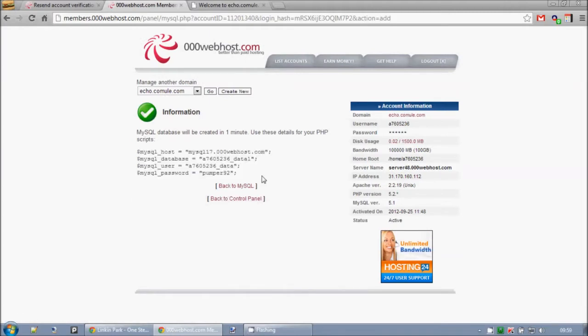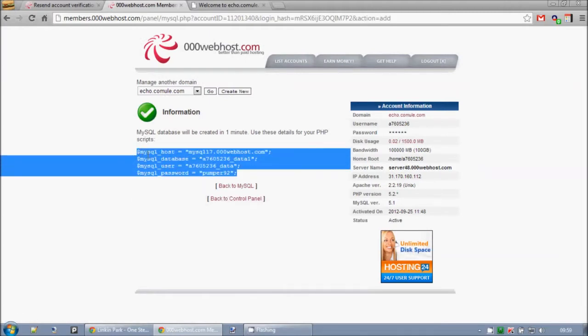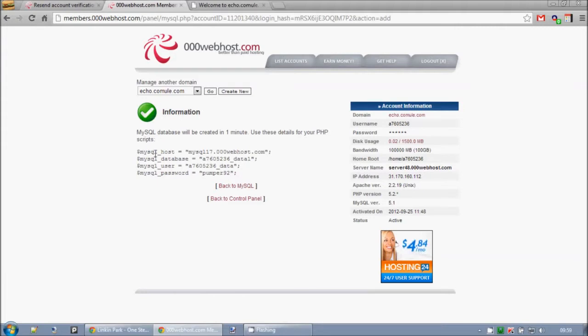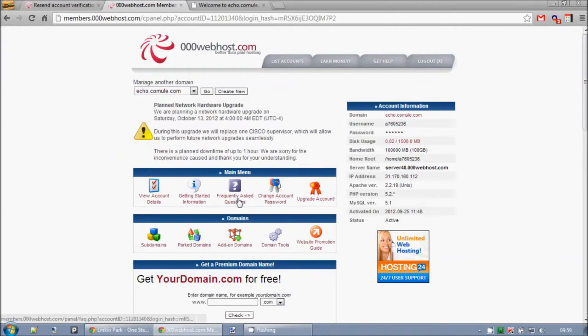I'll have all the details here, which if you're doing PHP, you could copy this script into a connect, and it will work fine. I recommend using a define instead of a mysql_host, but different people do different things. So once we want to go back to control panel, it may take up to a minute for the